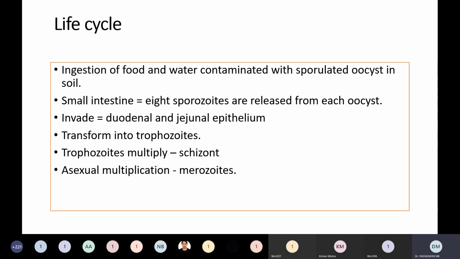So here there is ingestion of food and water contaminated with the sporulated oocyst present in the soil. In the small intestine, you will have 6 sporozoites which are released from the oocyst, that is going to invade your duodenum and the jejunal epithelium, which get transformed into trophozoites. These trophozoites will be actively multiplying, resulting in the formation of schizonts, where there is asexual multiplication again to form